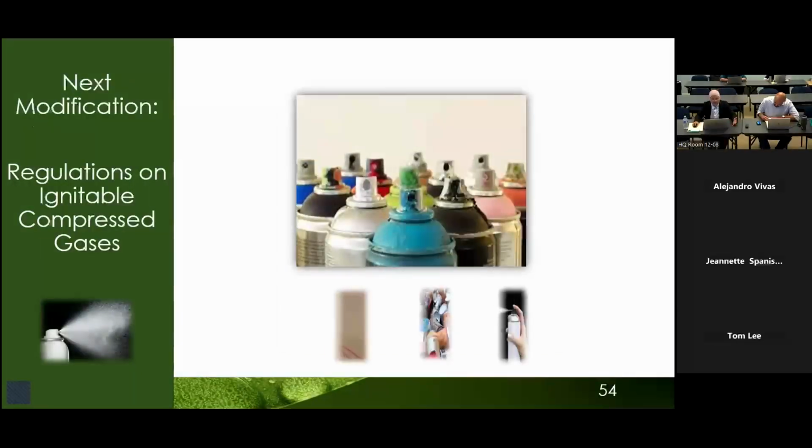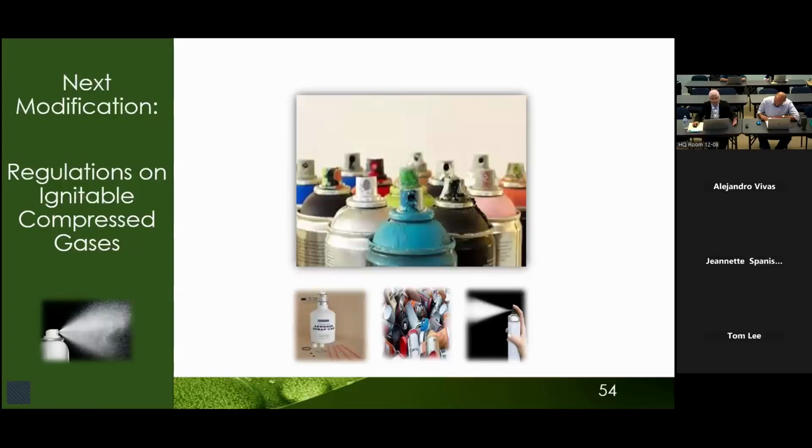As I mentioned, the next is modernization of the test methods for ignitable compressed gases, where an update is needed to remove obsolete information pertaining to old US DOT regulations. California's existing criteria for ignitability of compressed gases still carry references to outdated test methods, which no longer exist. These old ignitability determination test methods for compressed gases were already modified by US EPA by replacing them with a specified ASTM standard.